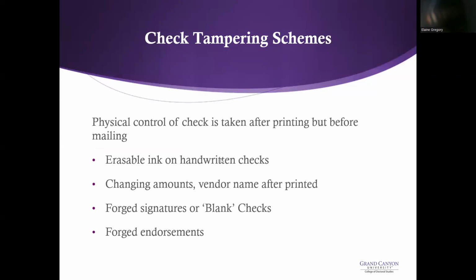Check tampering schemes. So checks are printed. We have a billing system where somebody reviews the edits, should be reviewing a list of the payments, approving them, and then we push the button and the checks get printed. Now, at some point after the check is printed but before the check is mailed, that check is altered. So we have a signature, the boss has signed the check,